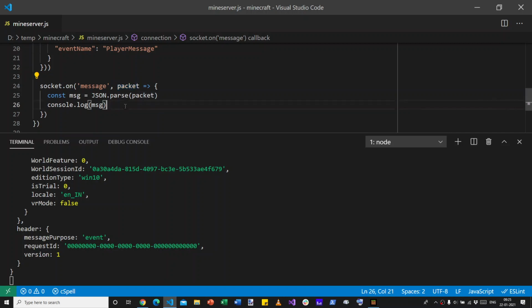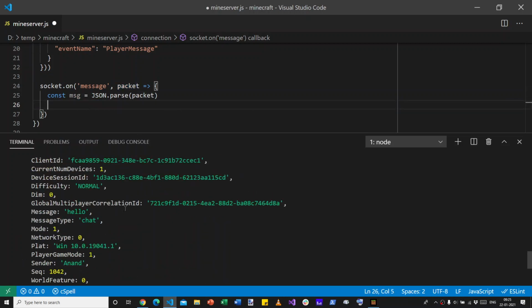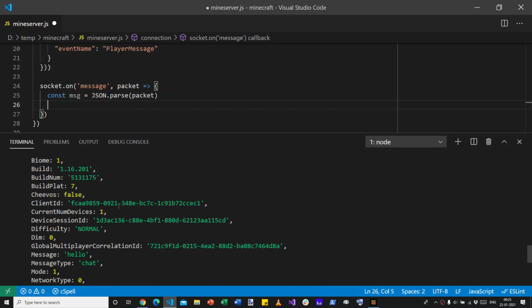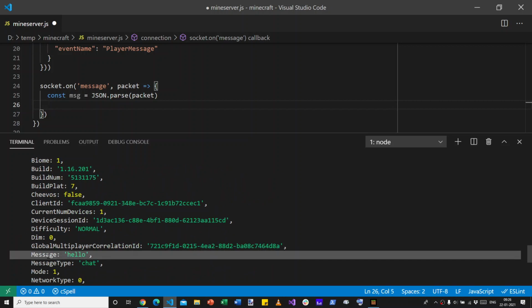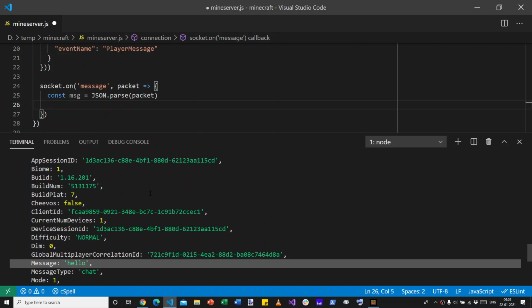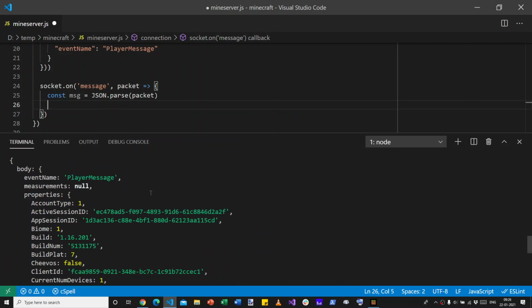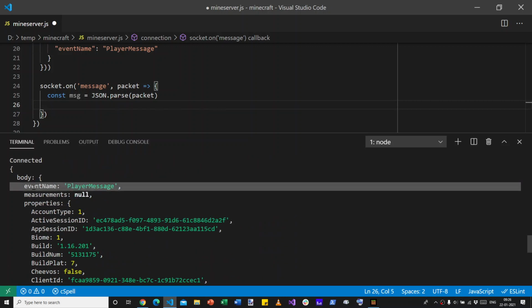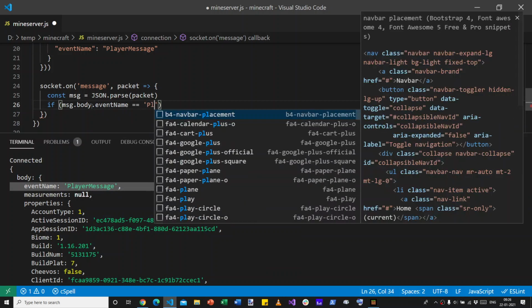So how do we do that? Well, we know that the message body will contain a message property, which is the text that we type. So let's do this. And of course, we have to make sure that it's a player message that we actually got. So let's make sure that the event name is player message. So if message body event name is player message,